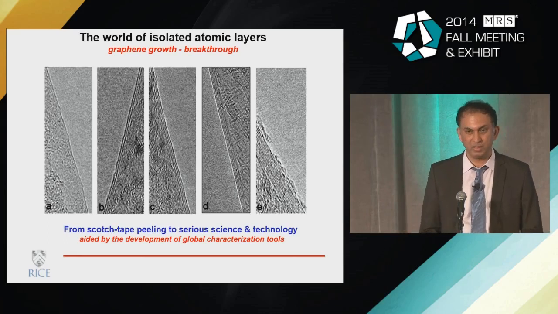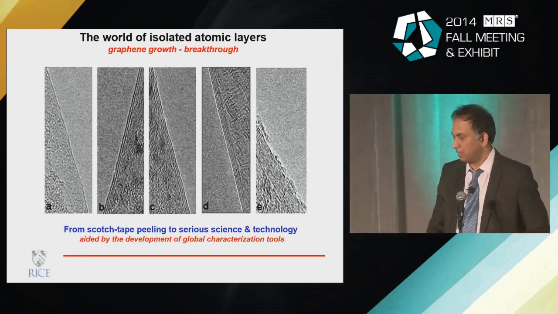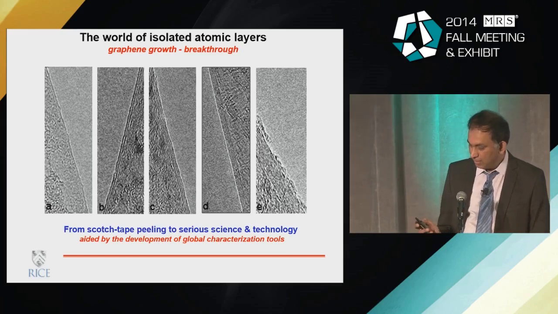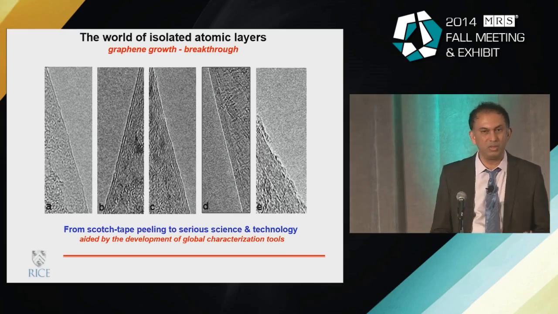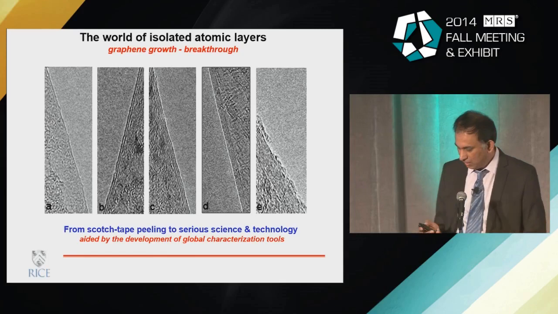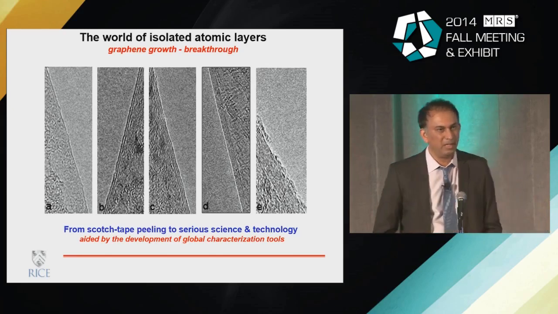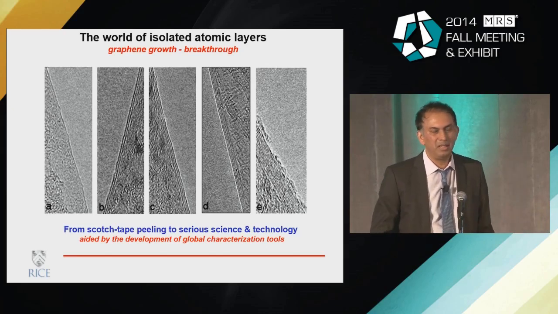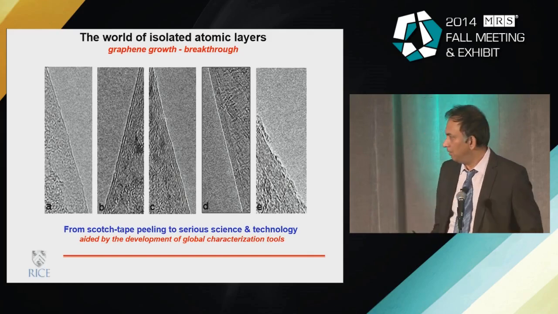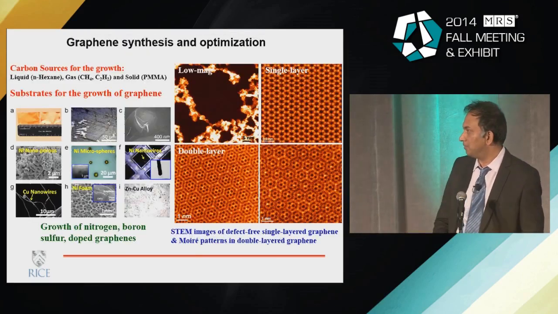There have even been companies demonstrating roll-to-roll manufacturing of graphene. So that really puts us in a different perspective, because you can really think about scalable manufacturing of a large number of devices. Not only that, you could even think about creating very controlled thicknesses for these materials. You can have monolayer, bilayer, tri-layer, and these are easily characterized by global techniques like Raman spectroscopy. So the whole business of growing and characterizing became extremely easy, so that you can, in a systematic fashion, build these materials for various purposes. So that was, I think, a turning point in this type of research.